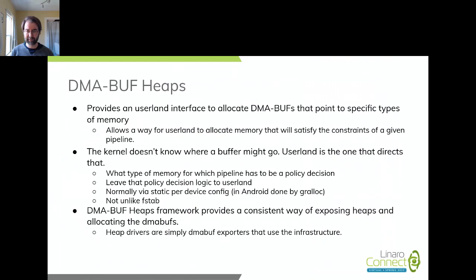Now, some might wonder why the kernel doesn't just do this for us. But the issue there is that the kernel doesn't really know where a buffer might go. Userland is the one that's directing what the path is between the various devices that a buffer will take. And so this becomes basically a policy decision. And in Android, this kind of policy is done by the gralloc library. It basically provides a static mapping, for a given pipeline or usage, of what memory type should be